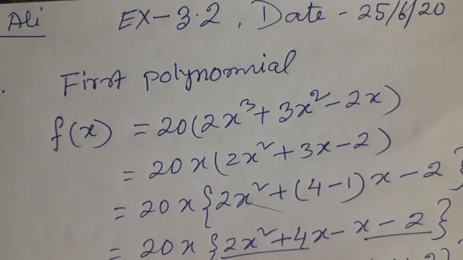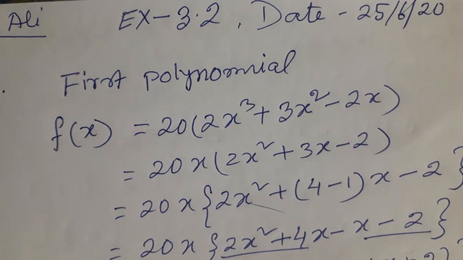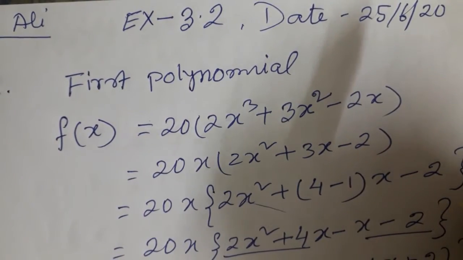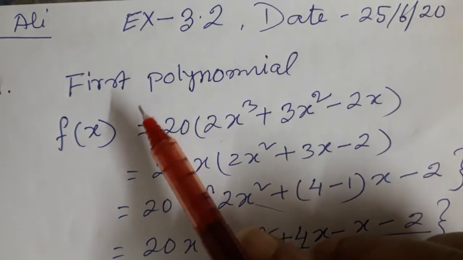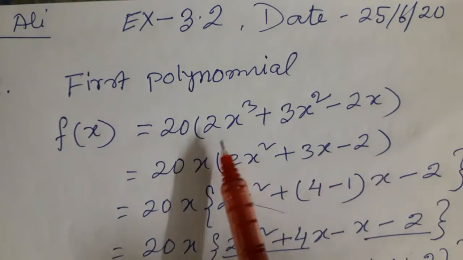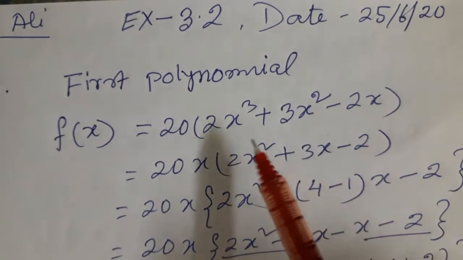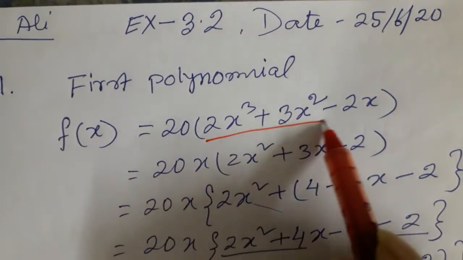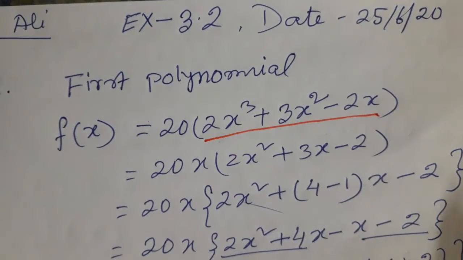Today we take class on LCM and HCF. Question number 1. First polynomial is given, f(x) equal to this one, and here you see all the terms have the x, and